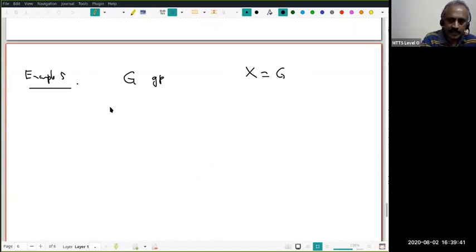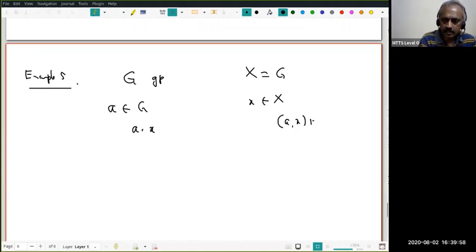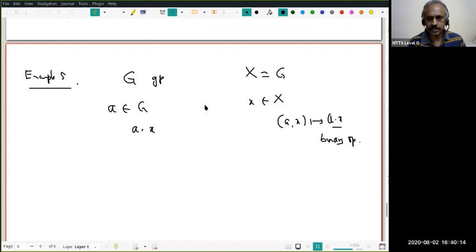Now you give me an element A in G and x in X. Remember, x is also an element of G. Now I have to tell you what is A dot x. When G acts on X, I have to tell you where the ordered pair (A, x) goes. We denote it by A dot x. We define the group action (A, x) going to A dot x, where A dot x is the group binary operation, group operation. That is, A is an element of G, x is an element of G. Therefore, I simply define it to be Ax. Do you understand this?